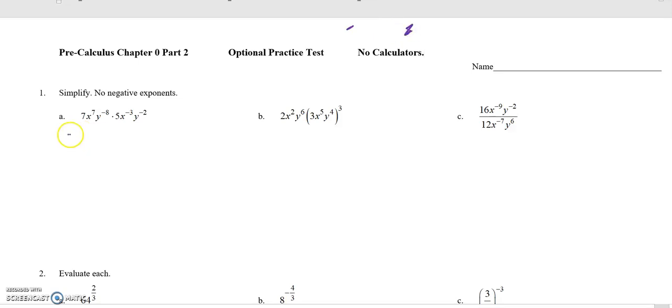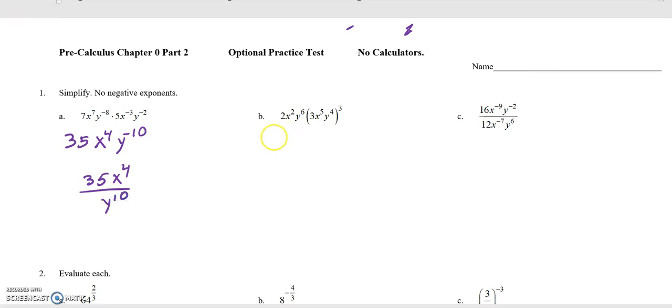Okay, so if I multiply this out, I will add the exponents. And then if I have any negative exponents, I will need to move those. They're on top, put them down below. Here I need to do